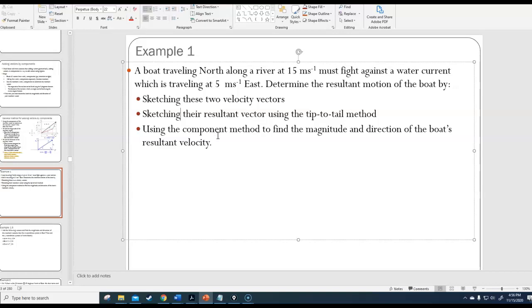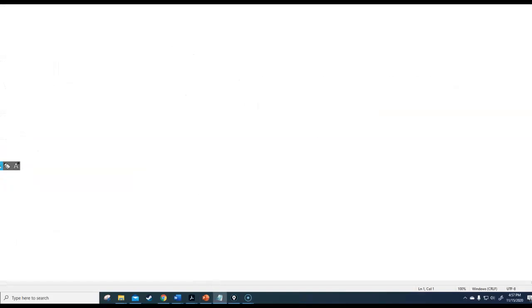Okay, so there's a lot going on here, so I'm going to switch over to the Notepad tab in a second. But basically, we have a vector addition situation here. The boat is traveling north, but the water in the river is going to the east. And so what's going to happen is the boat is going to get pushed at an angle. Just to diagram this out, we have 15 meters per second north and 5 meters per second east. And so if I sketch this out,